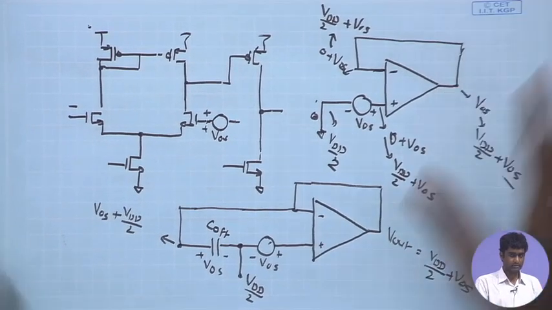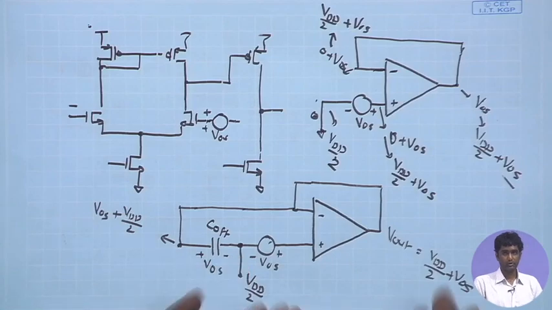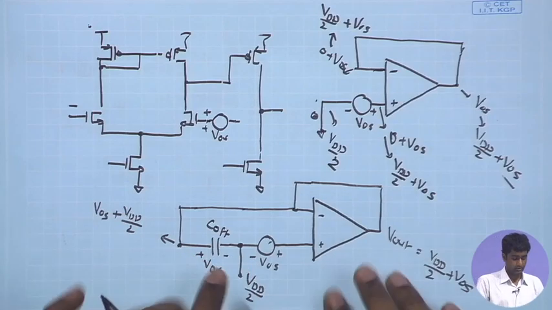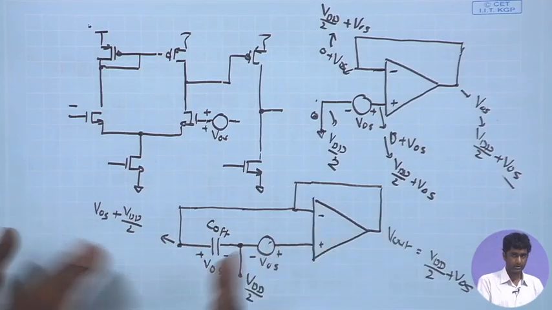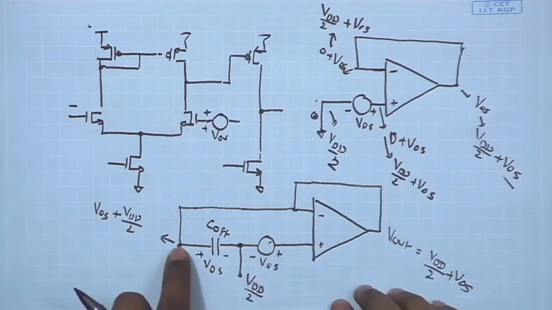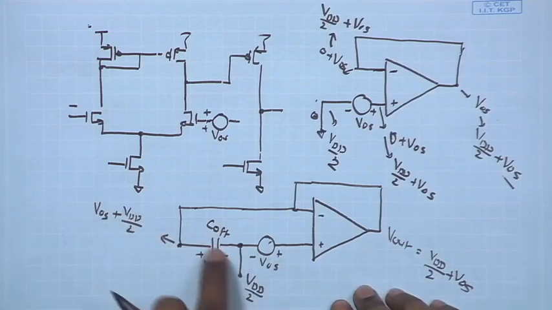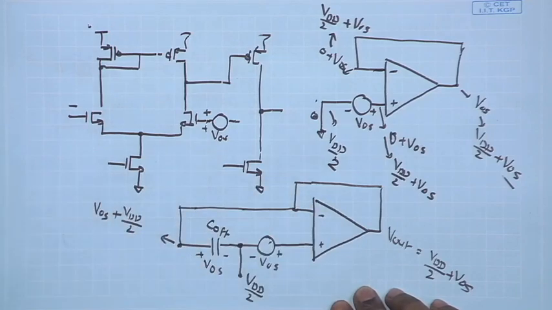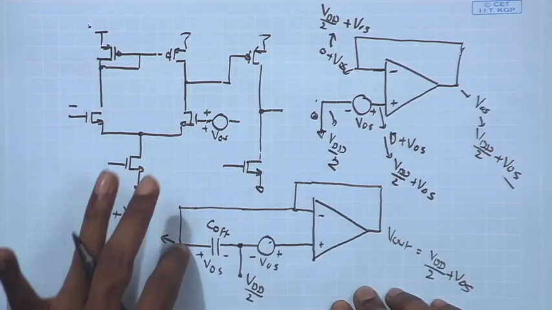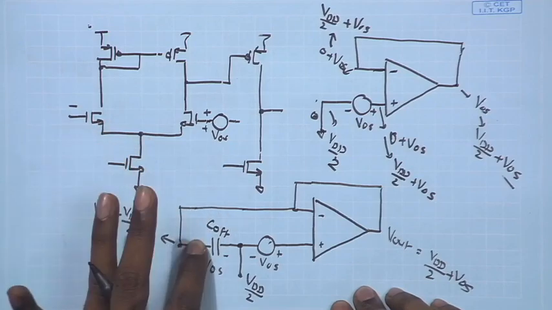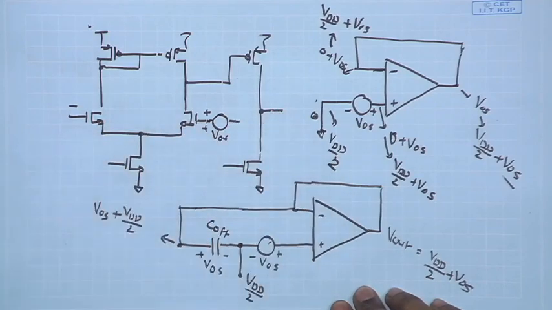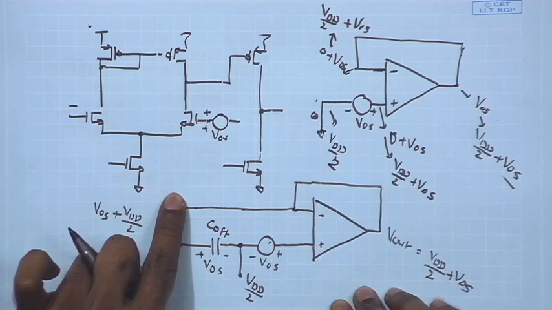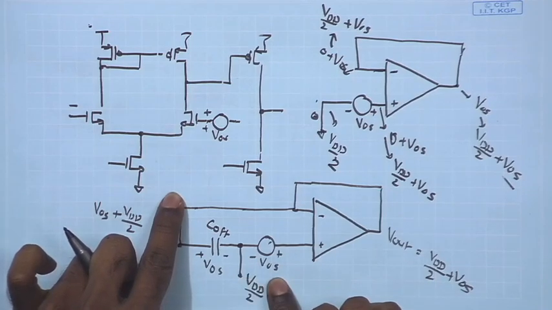Now, the next thing is we have extracted the V offset, we also would like to apply it to the signal in such a fashion that the effect of this extracted voltage cancels or nulls the effect of the offset of the amplifier. So, in this loop itself, if I immediately open this after shorting the output of the amplifier to this terminal of the capacitor, and I also remove the connection from VDD by 2,